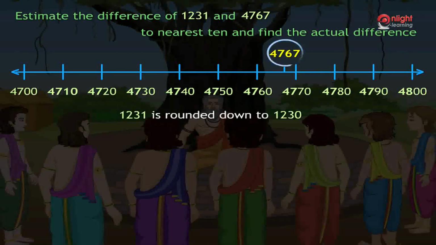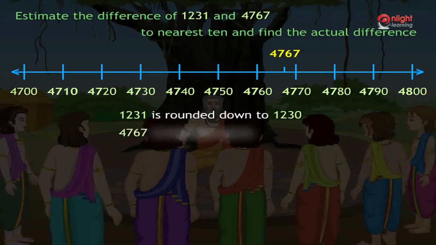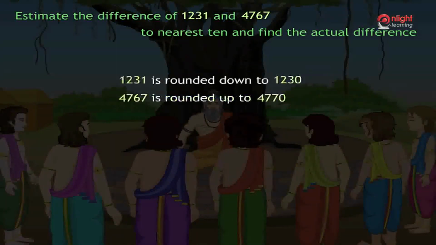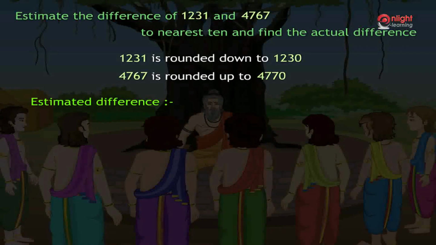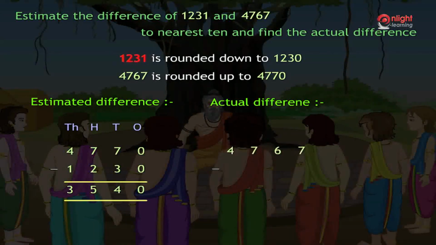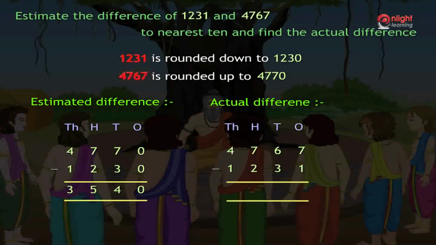4767 is closer to 4770. So it is rounded up to 4770. To find the estimated difference, we subtract 1230 from 4770. Subtracting, we get 3540. To find the actual difference, we subtract 1231 from